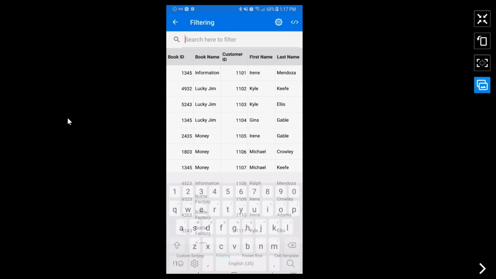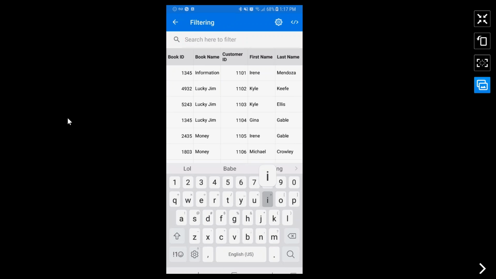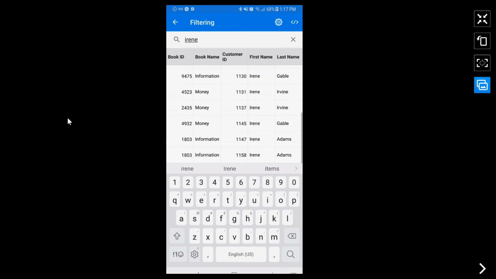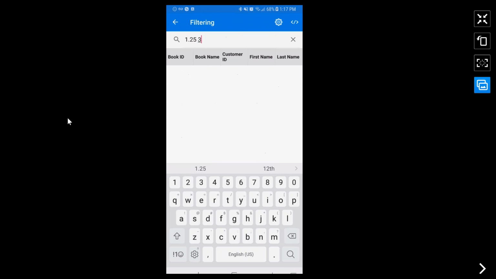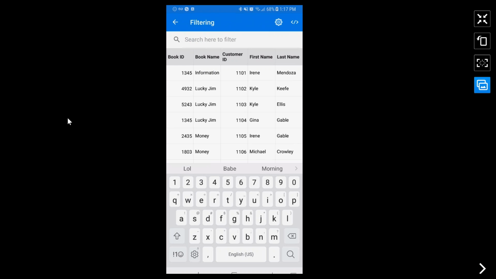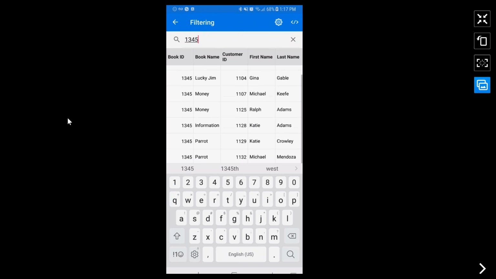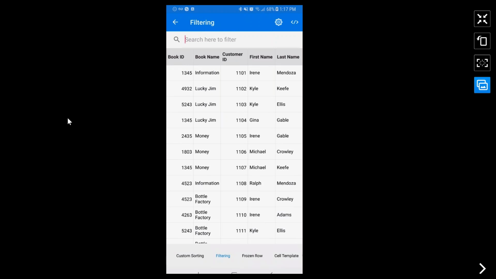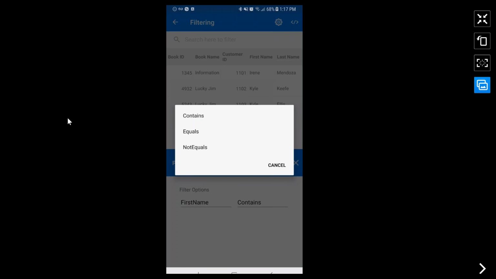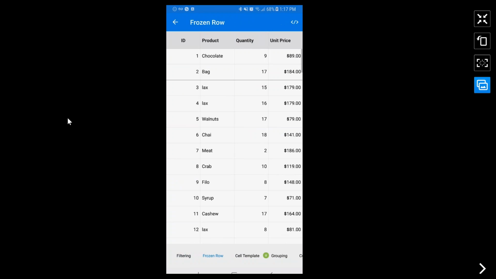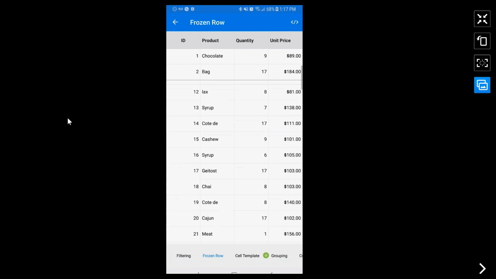We also have filtering support, and this works as you type. So as I type, for example, Irene, you can see that the grid is filtered. You can also do it with numbers. So I can type in 1, 3, 4, 5, and you can see it will filter based on that. If we set it to filter on a specific column, then we can also set a condition on that filtering. We support both frozen rows and